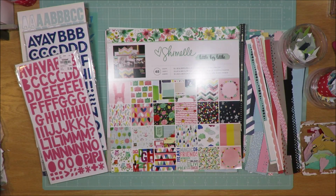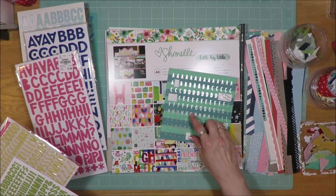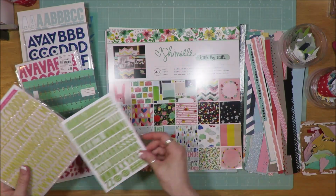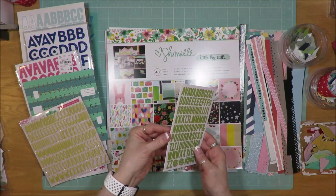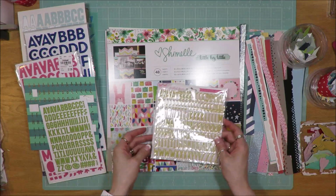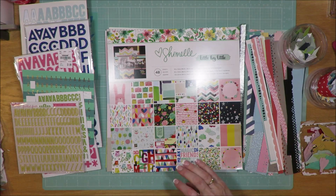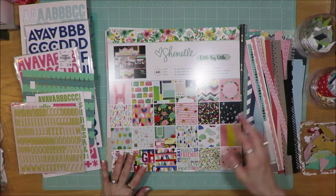Then I pulled in some smaller letter stickers. These are Freckled Fawn, and they have the silver in the background. Two-tone letter tiles with silver letters. These are Snap letters, and there's two little sheets here that I have stapled together. And then these Freckled Fawn yellow puffy sticker letters. I pulled in, because there was multiple embellishment packs, multiple sticker packs, I went through and I added a ton